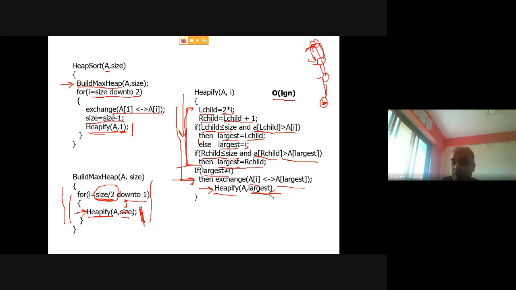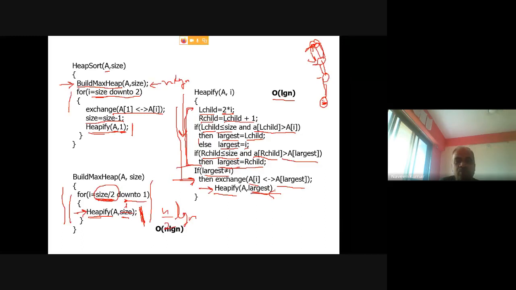So n into log n, right? 1 by 2 will become constant. So you are saying n by 2 multiplied by log n, right? This will be the cost in the worst case. So that is n log n. 1 by 2 is consumed as a constant, right? So this statement, build max heap, will take n log n time in the worst case.